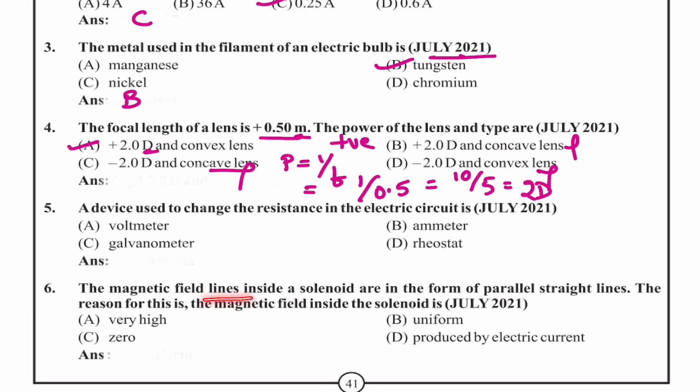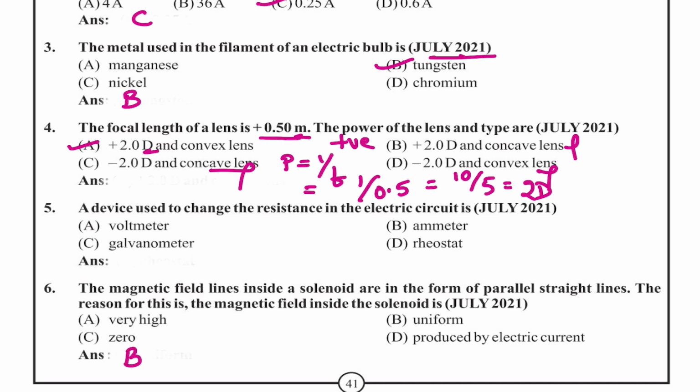Coming to the sixth question. The magnetic field lines inside a solenoid are in the form of parallel straight lines. We very well know that inside a solenoid, the magnetic field lines pattern is straight line and they are parallel to each other. The reason for this is the magnetic field inside the solenoid is uniform. Hence, the correct option for sixth one is